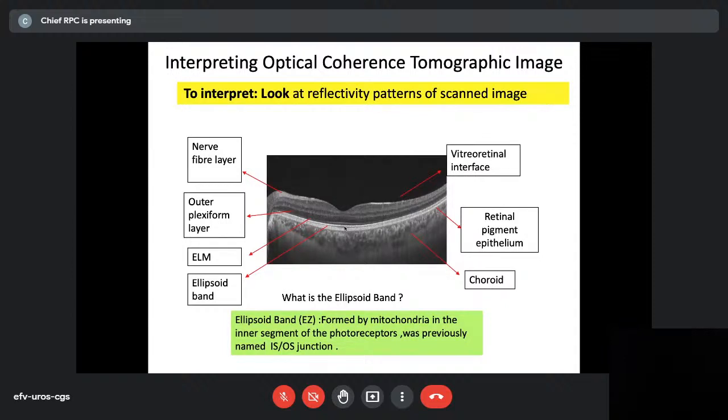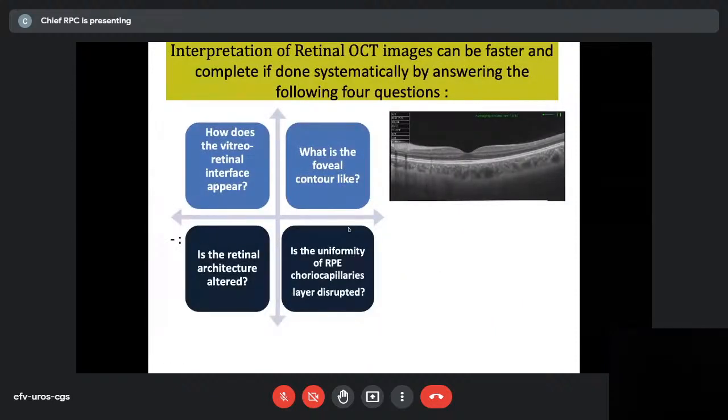The other bands are also there, the other layers of the retina. Below it, or external to it, is the interdigitation zone, the IZ, and near the RPE. But nothing is more important than the EZ. If you want to study retinal OCT images, which you should know very well, just seeing the OCT image as it is would lead to no information. You've got to go down to a cellular picture. It's like a histopathology of the retina.